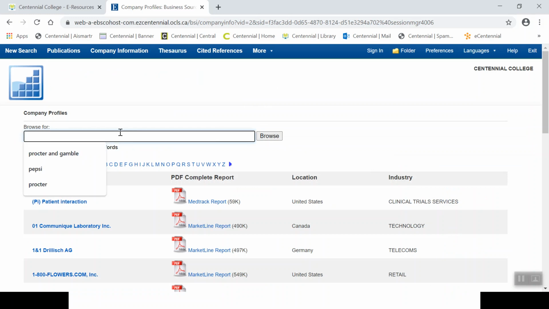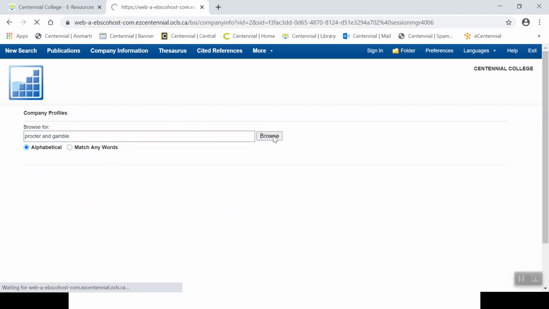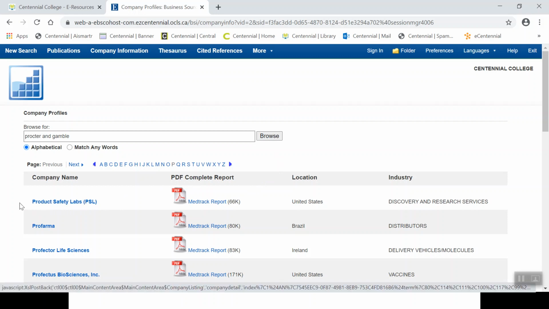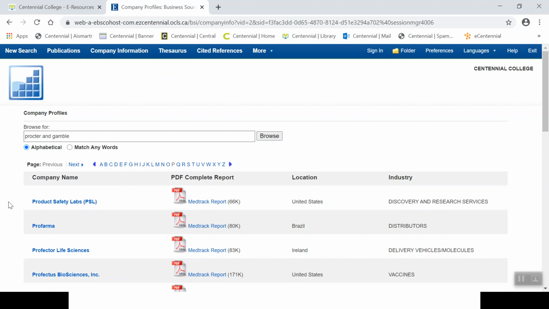We'll start by having a search for information on the Procter & Gamble company, P&G for short. After entering Procter & Gamble, we browse through for the report. Unfortunately, we discover a flaw in our plan. We've hit on Product Safety Labs, the closest thing to P&G. As we consider the flaw, the problem, what went wrong,